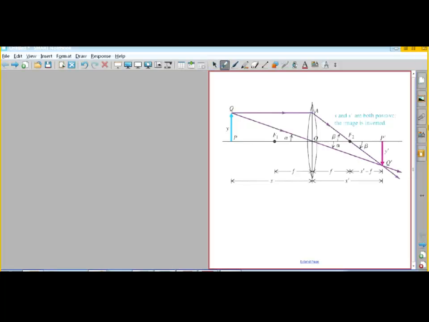Okay, now we're going to talk about not spherical lenses, but thin lenses. And I think I put an E on the end. I'm not supposed to. So this is an example of a thin lens. So it has surfaces, and there are a couple of key things, as you can